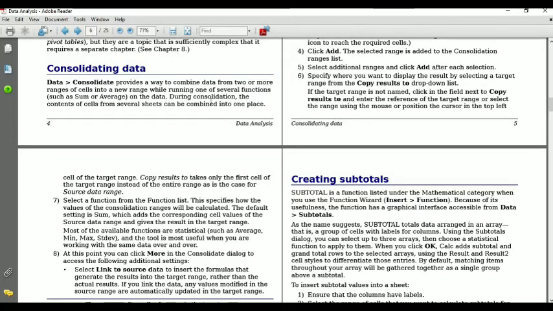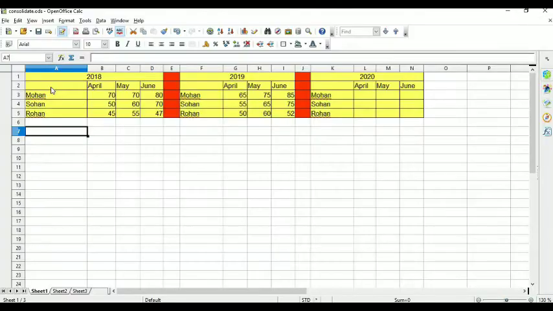During consolidation, the content of the cell from several sheets can be combined into one place. The basic definition of consolidate is that it is used to combine data from two or more range of cells into a new range. See, if I am selecting this one Mohan, so this is called only cell. Or suppose that I am selecting this one from A2 to D5, that is called range of cell.